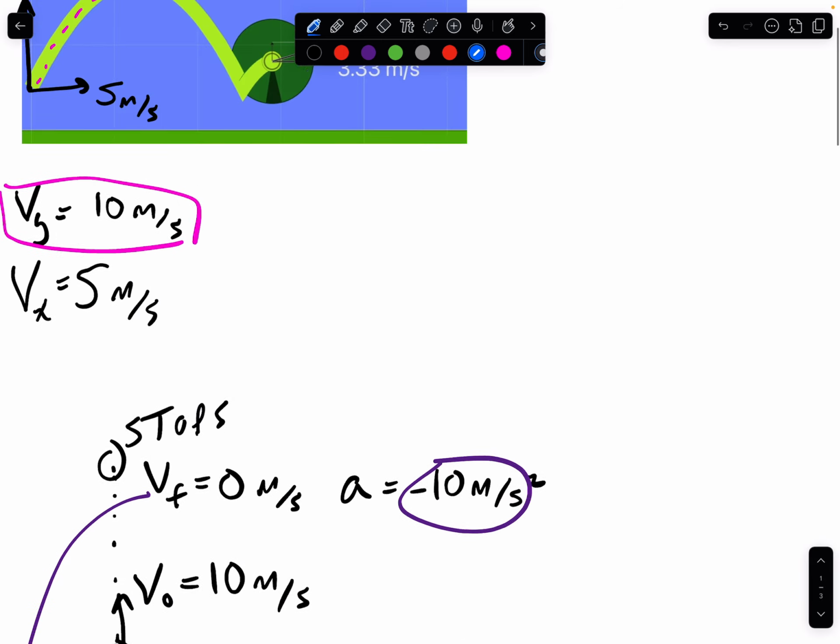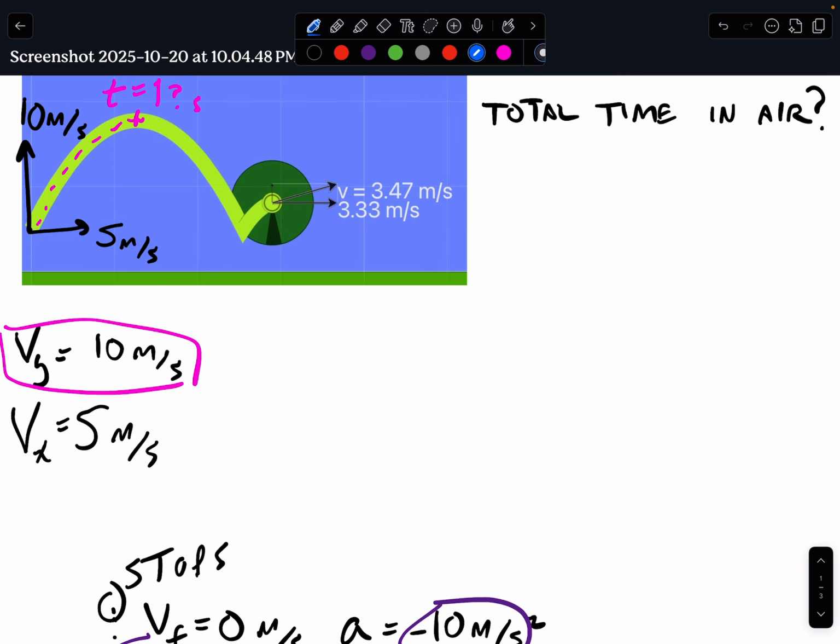So getting back to this problem here, it's 1 second to go up and 1 second to come back down. So the total time in the air is 2 seconds. Next, it's moving sideways. The whole time it's going up and down, it's moving sideways at 5 meters per second. And that sideways speed is constant. There's no acceleration in the horizontal direction. So then to get this delta x,